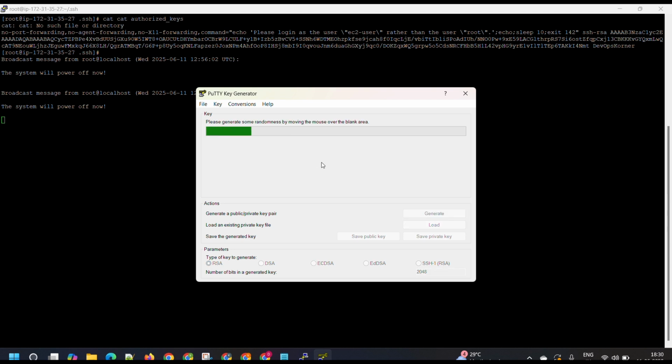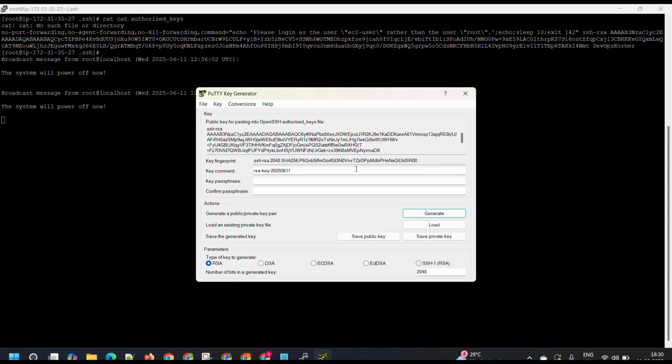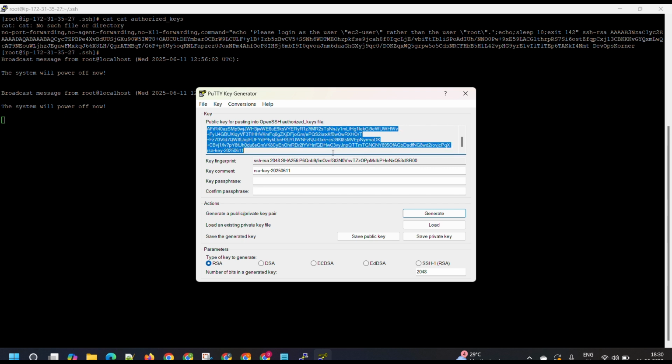After that, just drag the mouse over the blank area like this. Okay, it will give the private key and public key. Carefully copy this key, the entire key, and